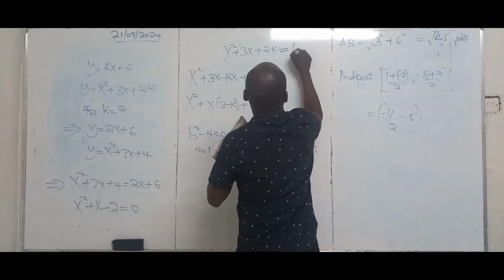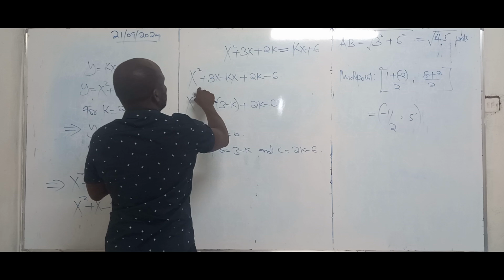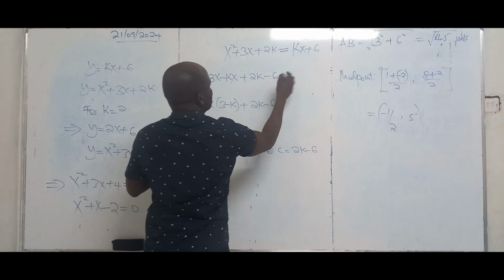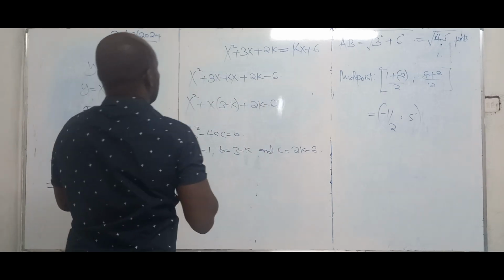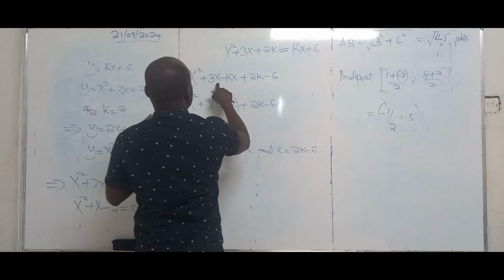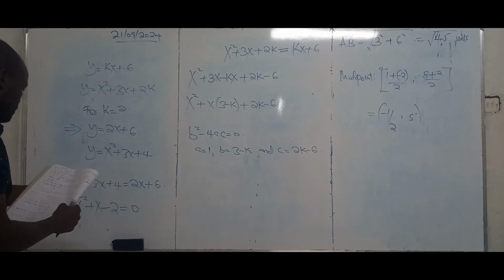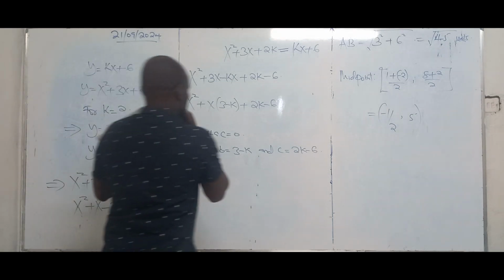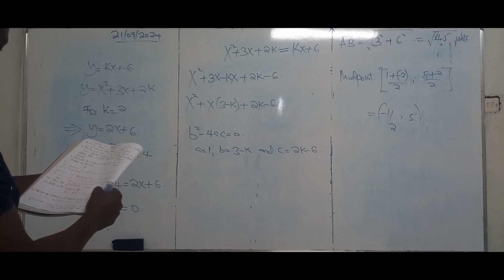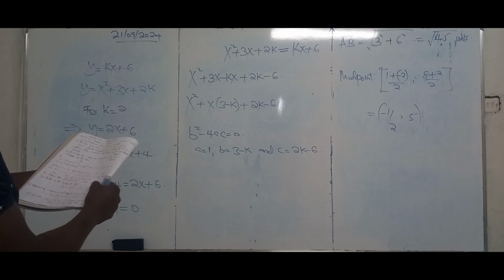No big change, I've just shifted the position. So in which case I have x squared plus 3x minus kx plus 2k minus 6 is equal to 0. So I have 3 minus k, or k minus 3. It will be x squared minus